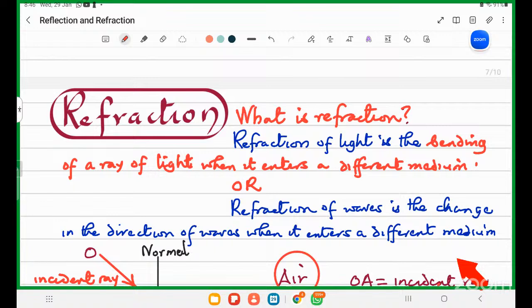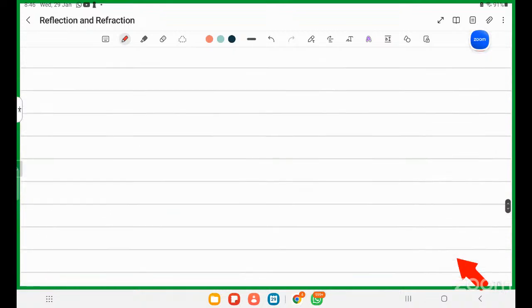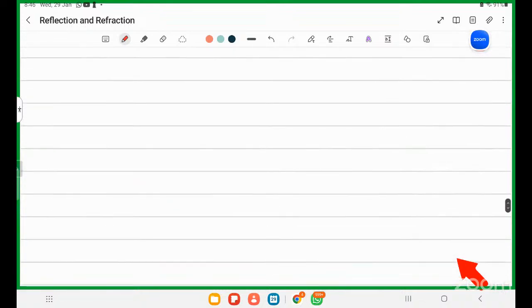Refraction is the bending of a ray of light when it enters a different medium, and refraction in waves is the change in direction of waves when they enter a different medium. This change is caused because the speed of the wave or light changes as they enter either a less or more dense medium. So when they enter a more dense medium, the light wave bends towards the normal